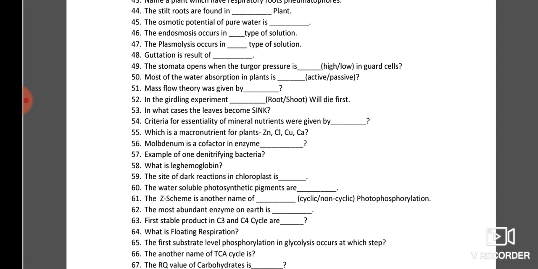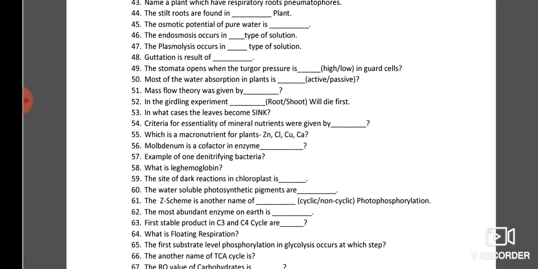In what cases do the leaves become sink? Sink means where the food is required. Although the leaves are the source, they prepare food by the process of photosynthesis and transfer that food to other places of the plant. But in cases like when the seed germinates, the leaves are premature and cannot undergo photosynthesis. At that time they get food from the seeds, the stored food that is in the endosperm. At that time the leaves become sink. That's why the transport in phloem is bidirectional, not always from leaves to the roots, but can be from the lower parts to the leaves, like in the case of seeds.